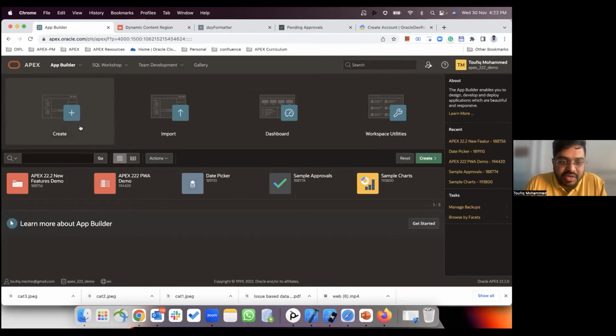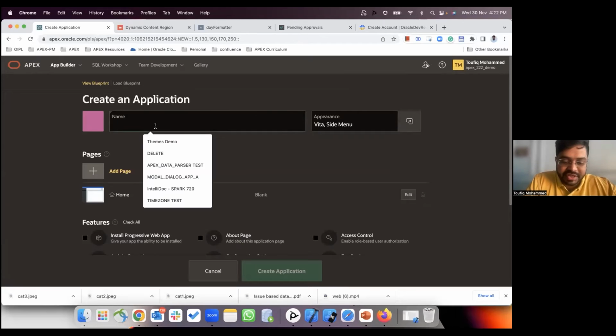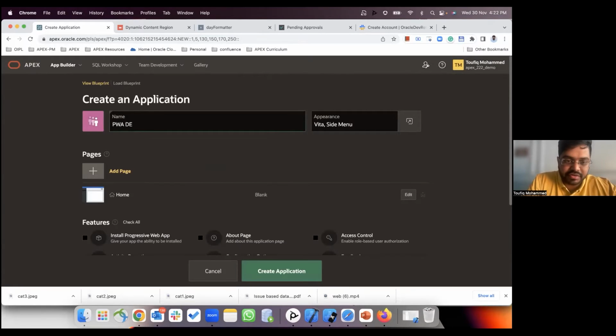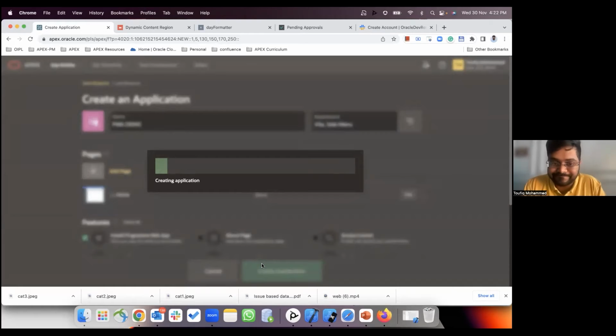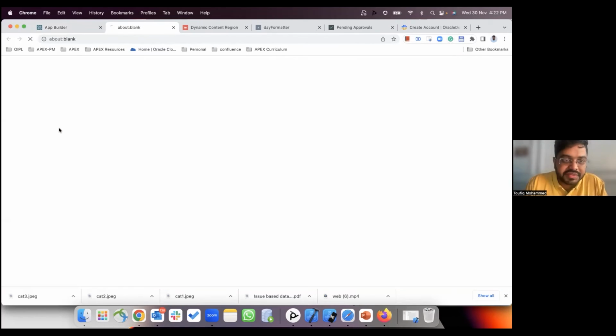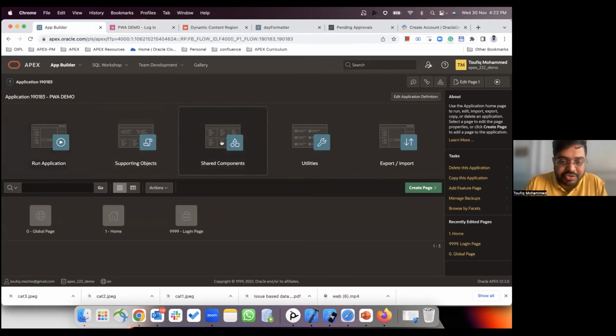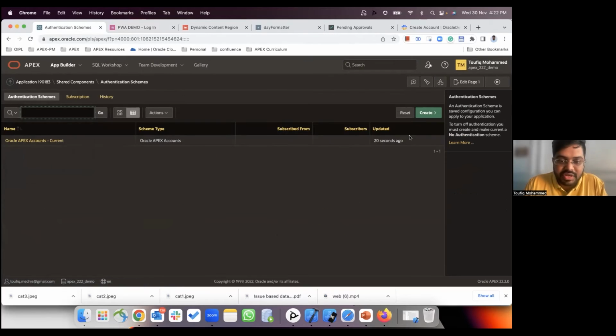In this demo, I'll be creating a new application. Nothing has changed in the creation of the application. You just create a demo application, and I click the install progressive web app option and create this application. Now with this application turned on, let me run it. This has authentication. Let me make it public for the ease of demonstration. I'll quickly create